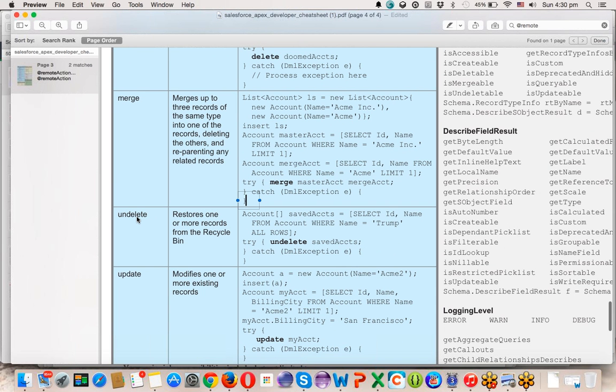And undelete is for restoring the record to the system. Okay, how to get undelete? First, suppose there is a query to get all the records which are deleted and which are available in my system. Whenever you delete some records from the system, they are not completely deleted, they are still available in the backend, with a simple checkbox called isDeleted equal to true. So when I'm searching with a query, select id, name from account where name equal to Trump, and ALL ROWS means